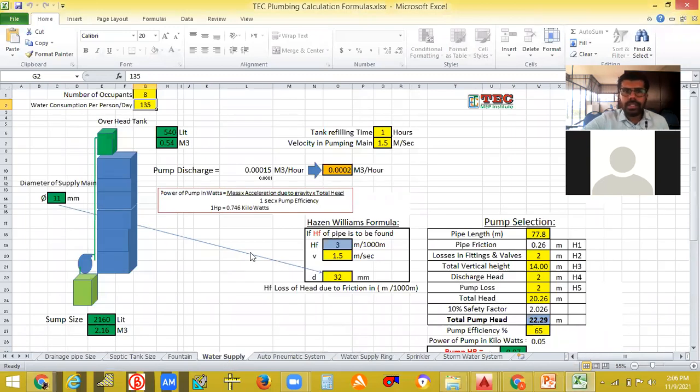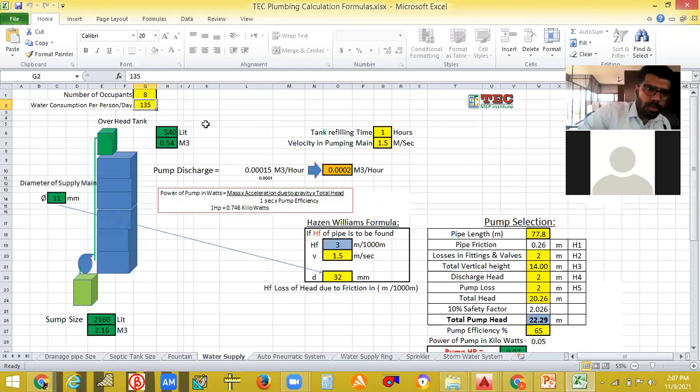So you can see here, it shows the number of occupants. Wherever you see this yellow, you have to give some values there.